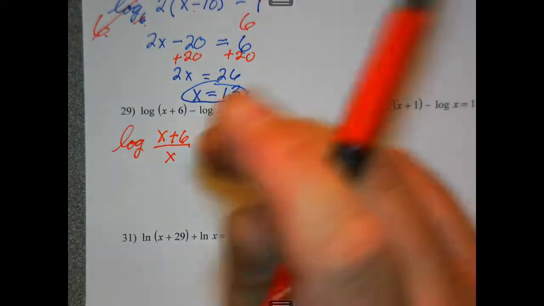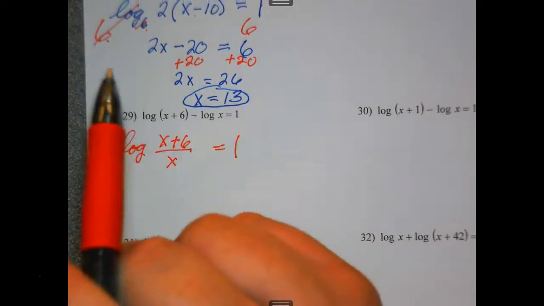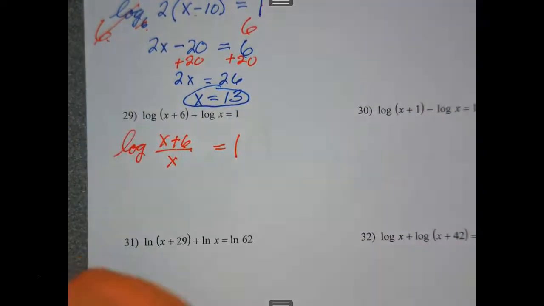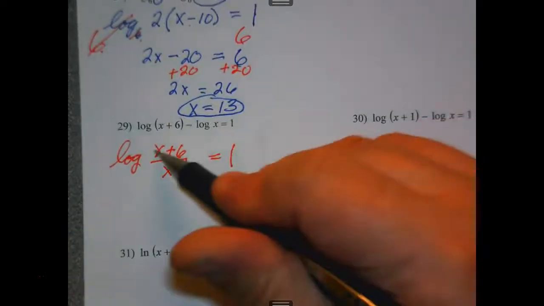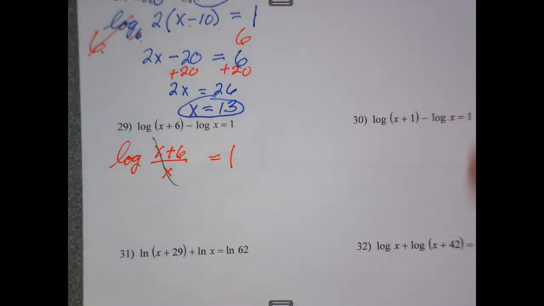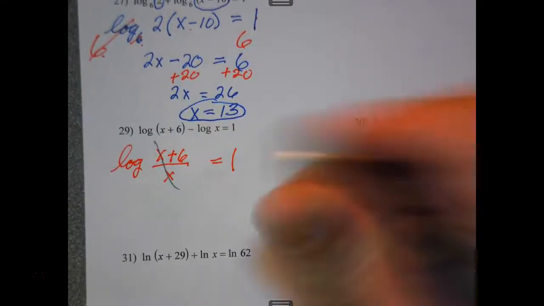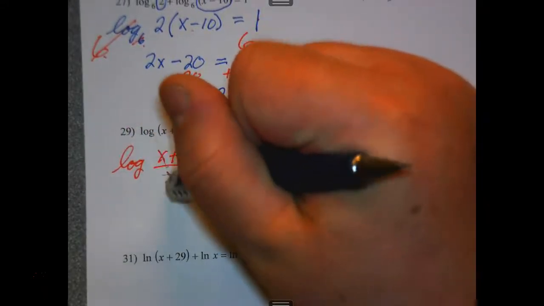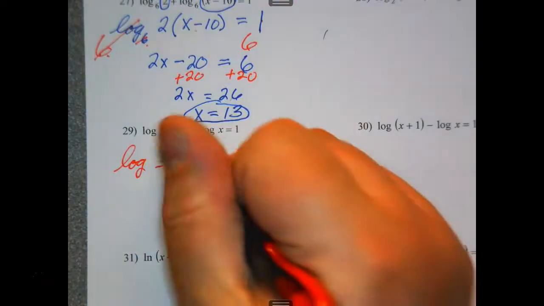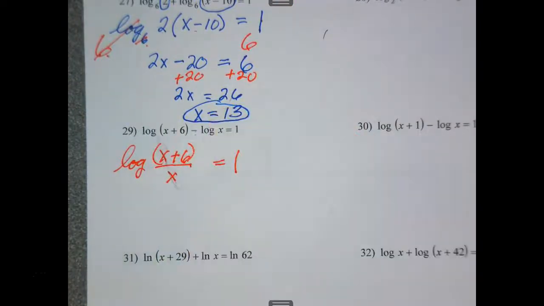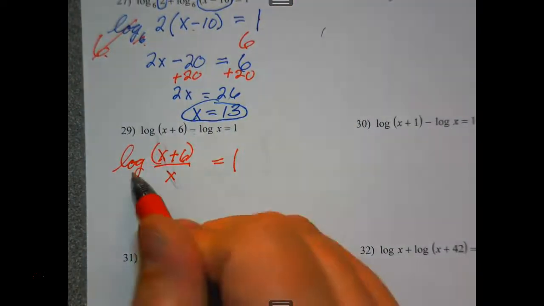I guarantee you, for those people who aren't paying attention, you're going to do this. Guarantee it. I'll lay money on it. I'm going to cancel out that x. Can't do it. Yep, it's a quantity. First of all, I've got to get rid of the log,